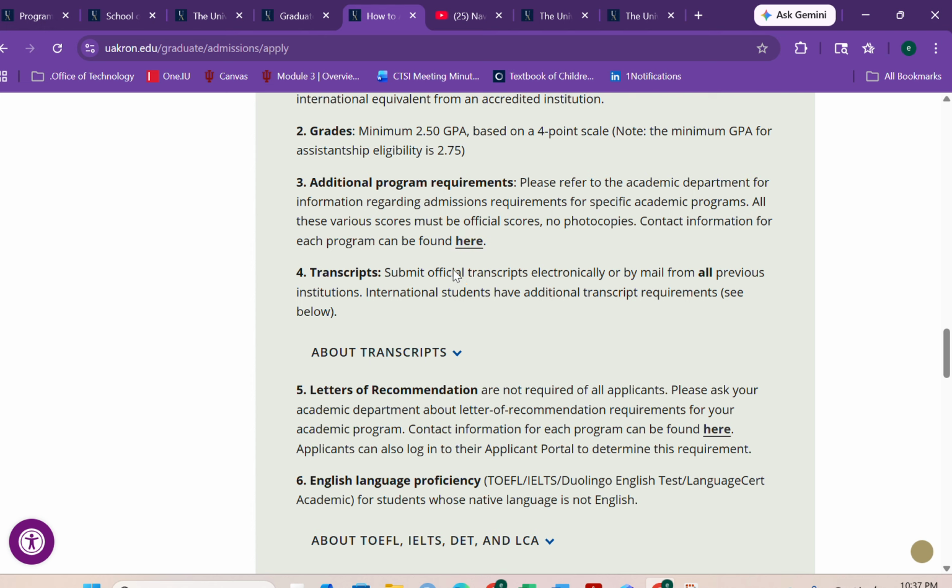I've taken you through some programs. So what this third requirement means is that some programs have specific requirements. For example, they will say writing sample. A writing sample could be a paper that you have published, maybe an article that you have written, or a one-page policy brief document that you've prepared. So those are some of the requirements.